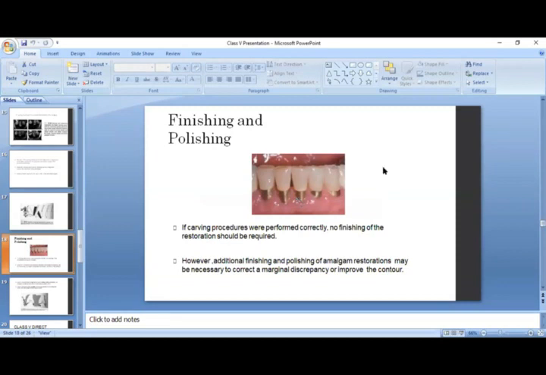Polishing of the amalgam is very important because polishing gives you most of the advantage. First of all, after the polishing of the amalgam restorations, the shine or the luster that is produced prevents the restoration from the plaque or the continuous accumulation. Secondly, the longevity of the restoration is increased. And the third, after the finishing, once the surface